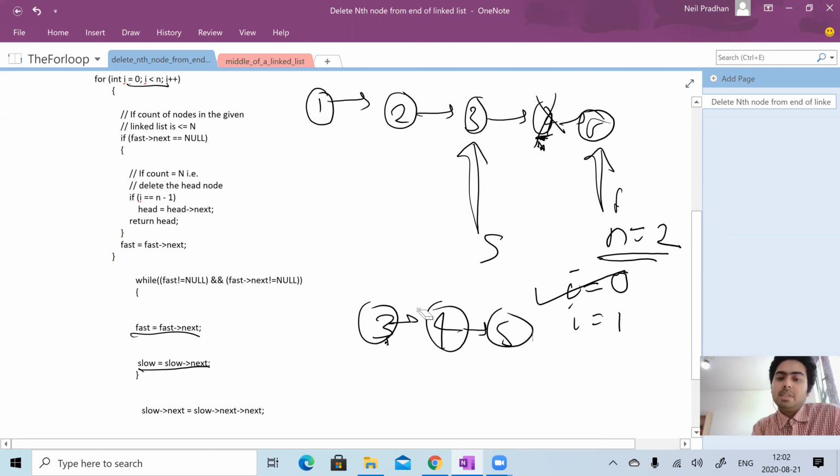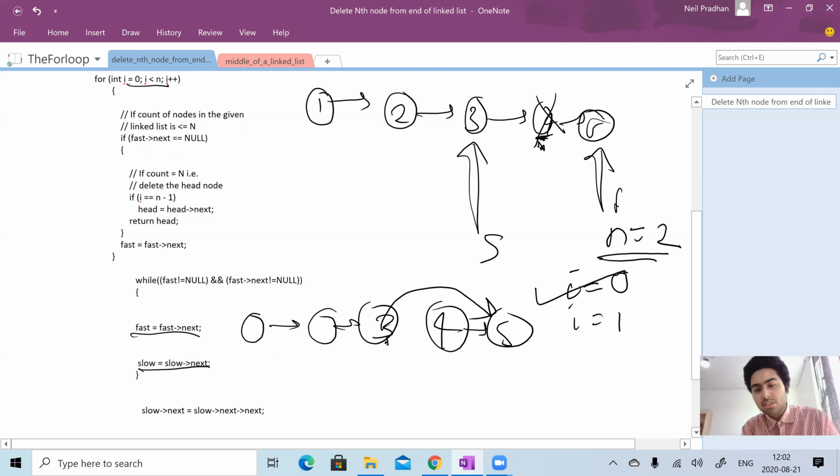That's it. So we break this connection and we just make this connection. So inside LeetCode, when they move to the main function, they'll have something like 1 2 3 5, and they'll skip 4, right?